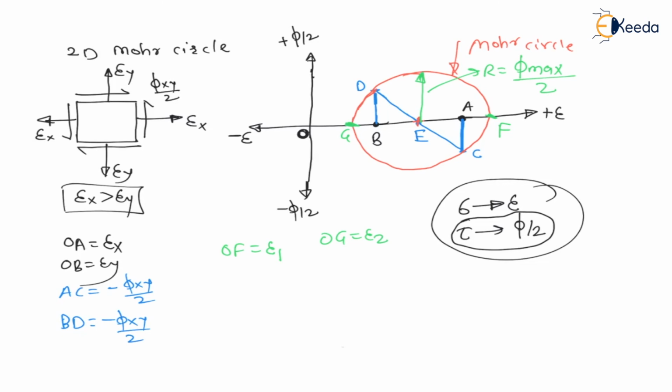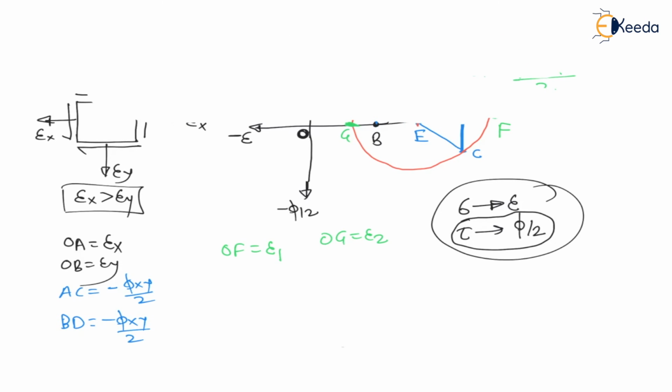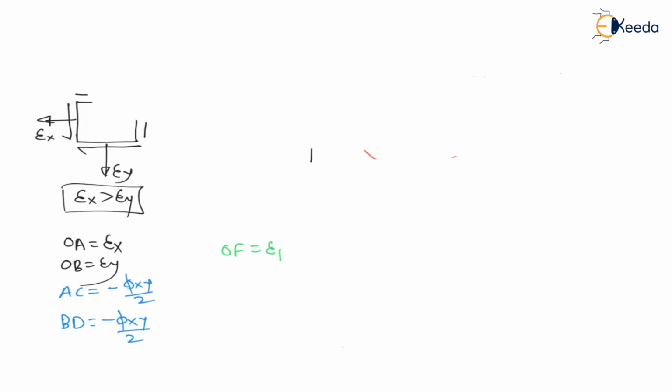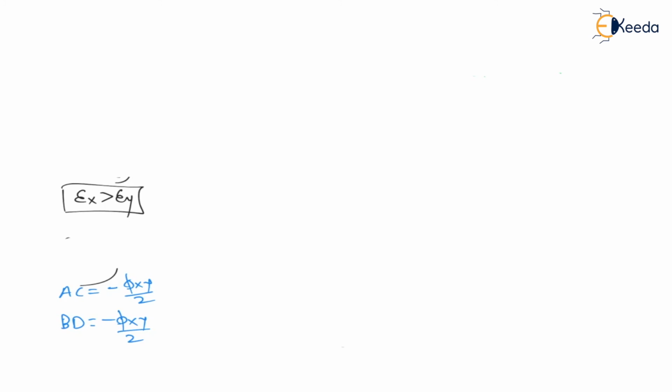Now we will see strain for 3D loading. That is the 3D system, which is also called a realistic system. Therefore I am considering the 3D strain system. Now 3D strains are